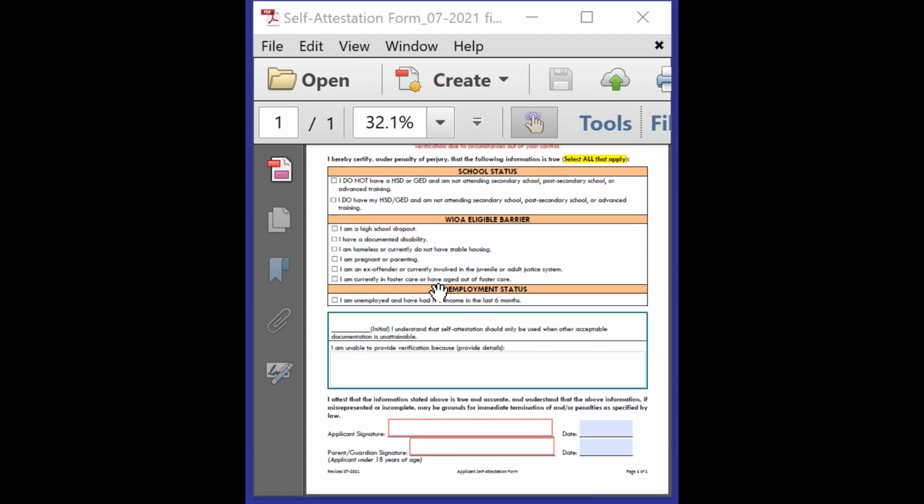And then some other barriers that we often see with self-attestation would be dropouts and documenting disability. Even though the way we set up the application, you can use the medical disability form as proof of the disability, now that the form is a little bit more accurate with names and information on it. But just to be sure, go ahead and get this attestation signed.